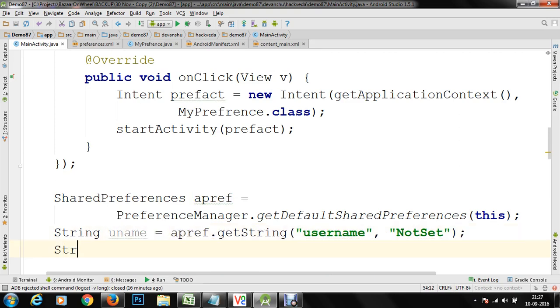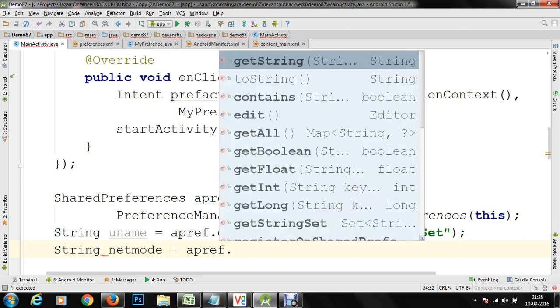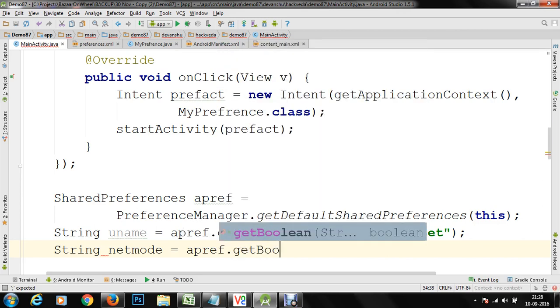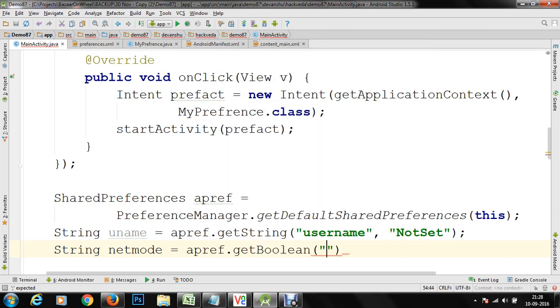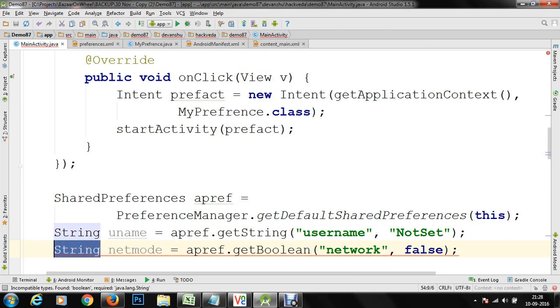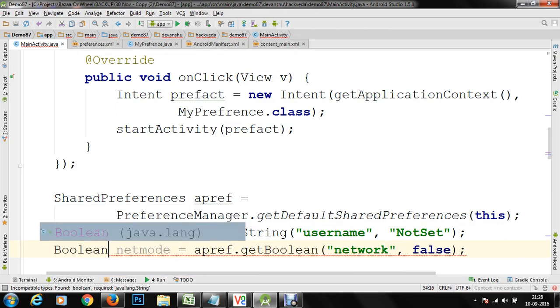Next, I'm going to get my network information, netmode, from apref. I'm going to get a boolean for this, and I'm going to specify network, and by default it will be false, and I'm going to store that netmode in boolean form.